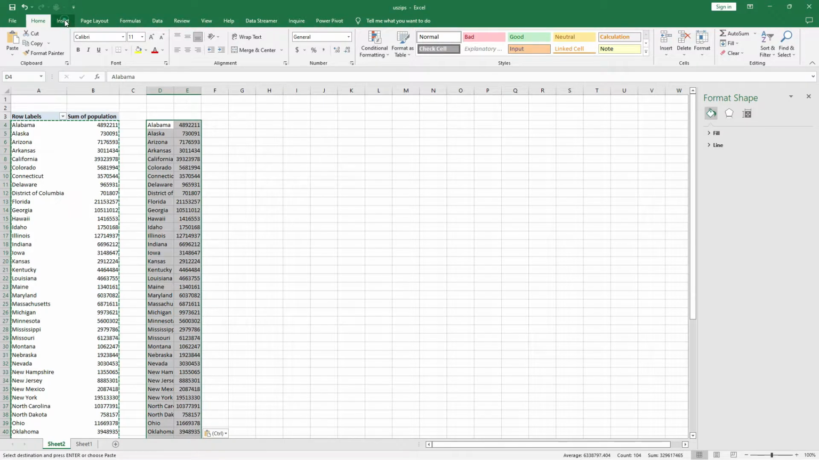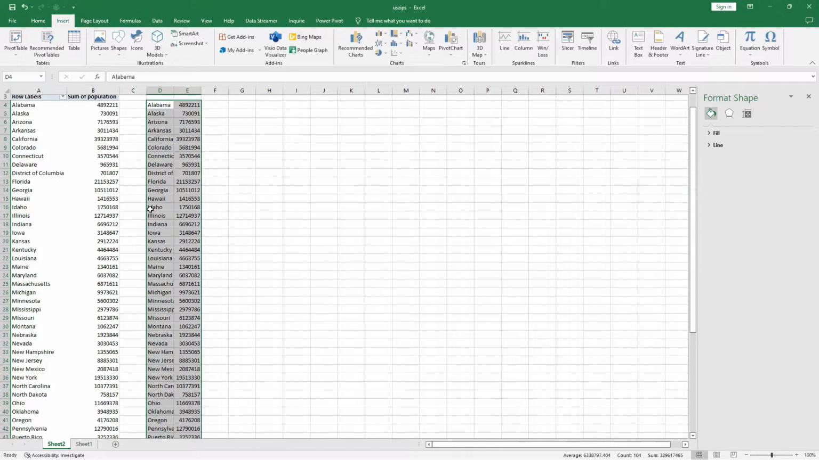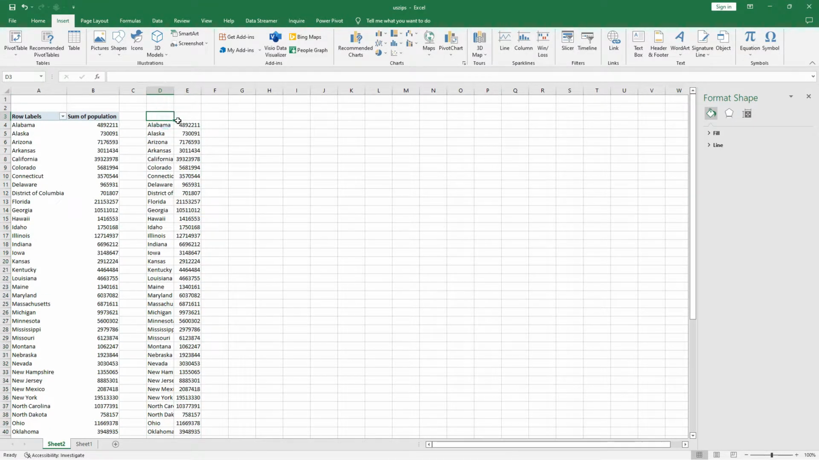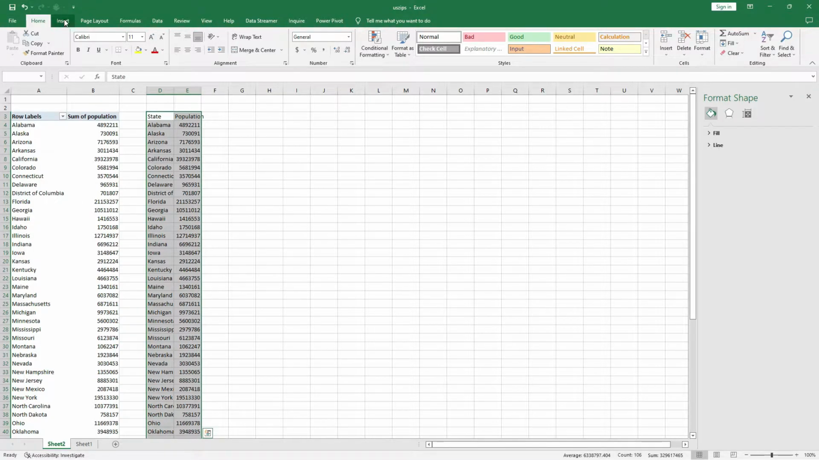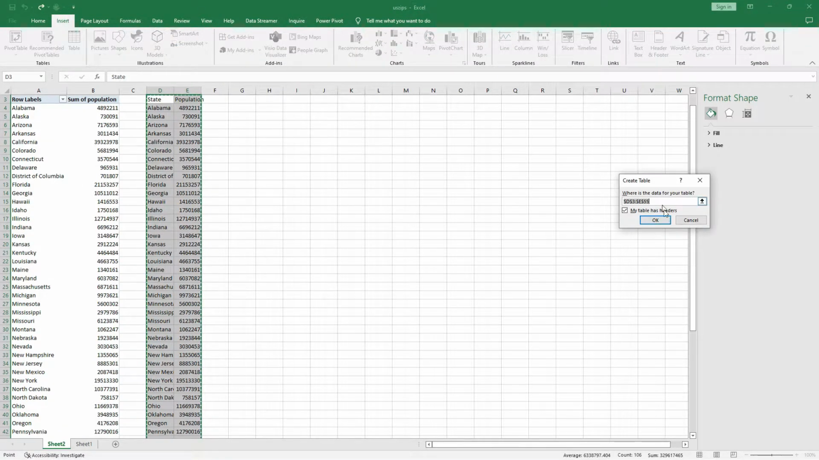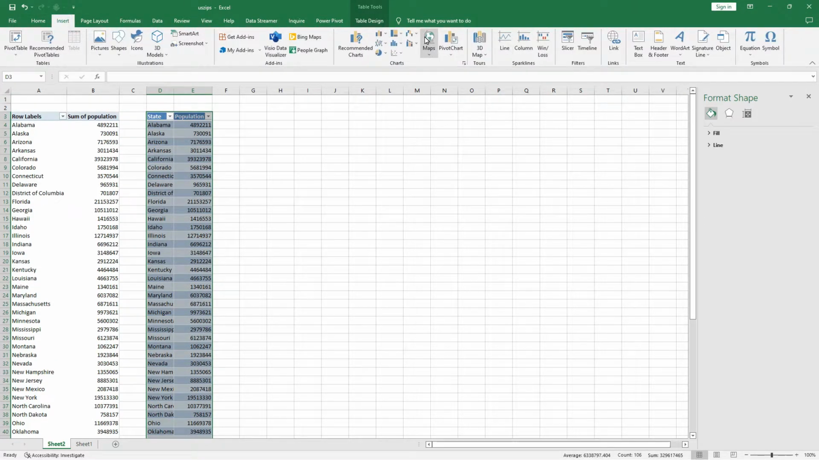I'll paste as values and insert a table so that it appears as a table, and my table does not have heads. Let me correct this first. This is state and this is population. Okay, then I'll create a table on it. Insert table. My table has heads. Okay, and insert a map chart,